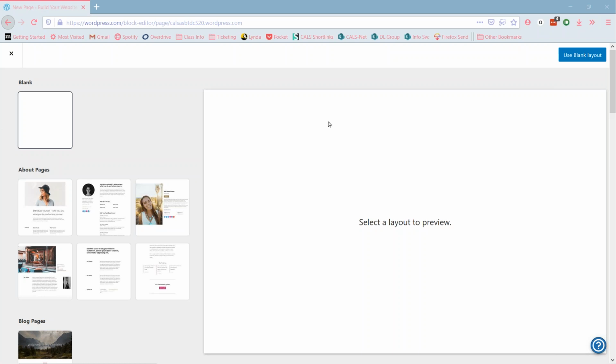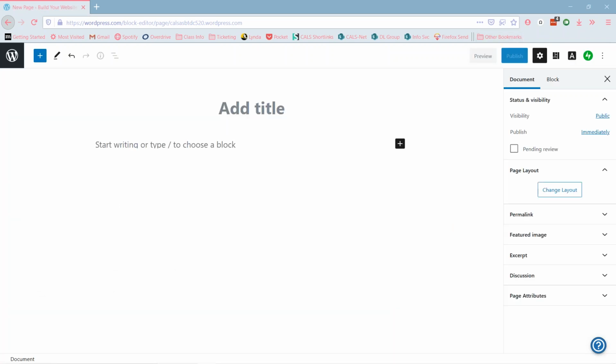All right. I'll use the blank layout. And there we go. Okay, cool. So I've got my blank page here. And what I want to do, I'm going to go into some detail here because the editor